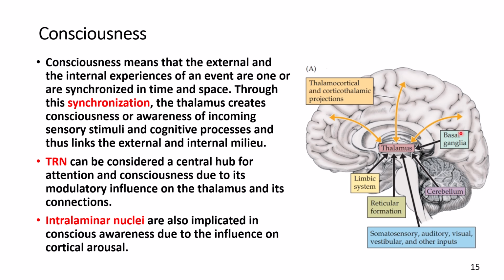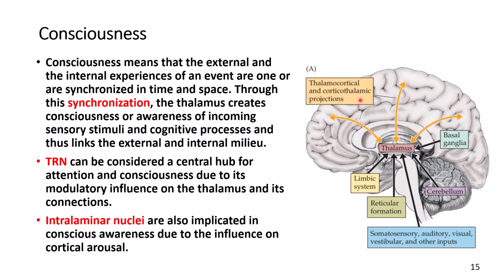And you're also getting motor information from the basal ganglia. So all of them are sent to the thalamus, and then the thalamus communicates with different parts of the cortex of the brain, and there are bilateral pathways there. So there's a thalamocortical pathway from thalamus to cortex, and corticothalamic from the cortex back to the thalamus. So they are communicating with each other, and the job of the thalamus is to make the body aware of something that is going on right now. So that synchronization is really important, that anything that's happening outside or maybe inside the body, the person has to be